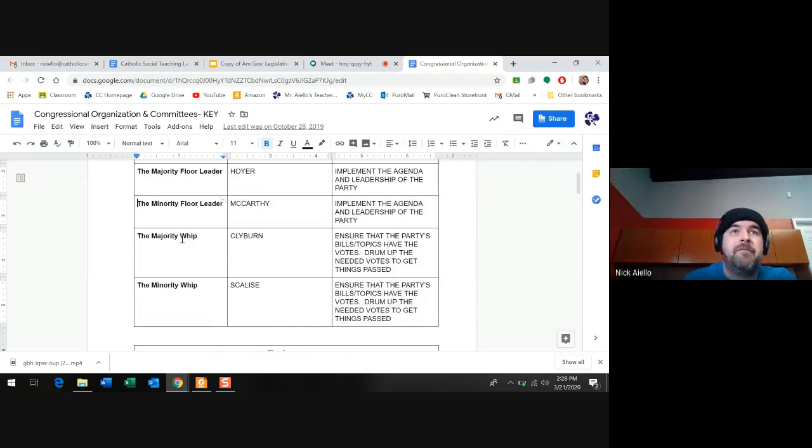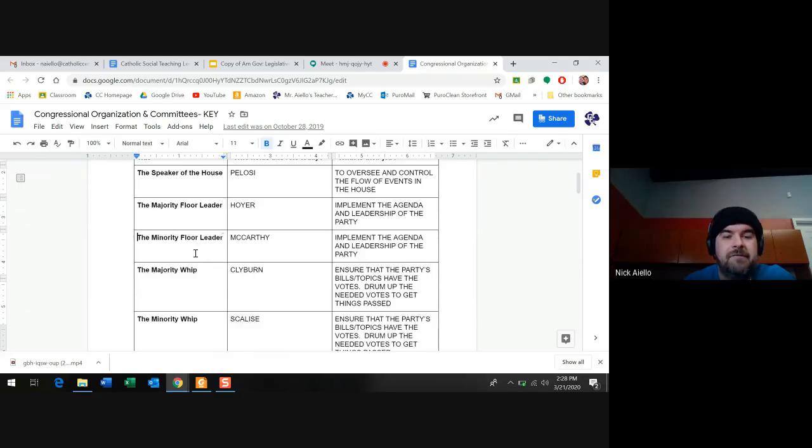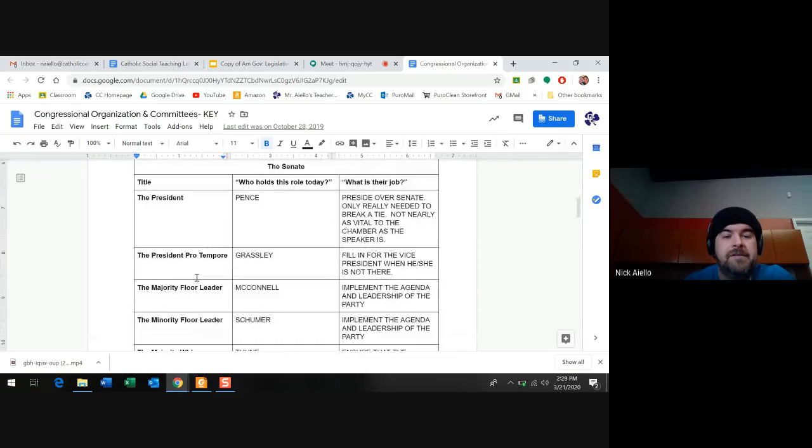If you've ever watched the Netflix show House of Cards, the main character in that show starts out as a whip, and that show's a little interesting because it shows kind of the dirty side of politics, and he does do a lot of closed door deals, shady deals to try to get legislation passed in his favor, right? That's not to say that that's what's going on in our government right now, but I think we'd all be kind of naive to say that that doesn't happen on occasion, right? So you have whips and you have floor leaders in both the House and the Senate.